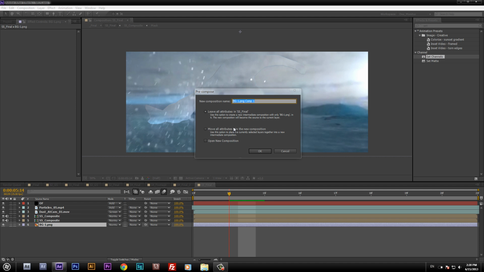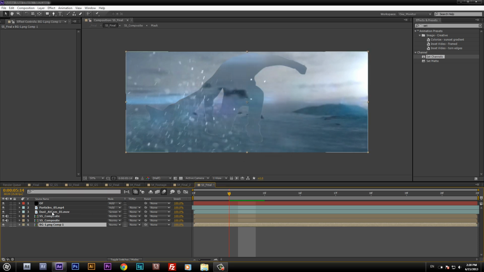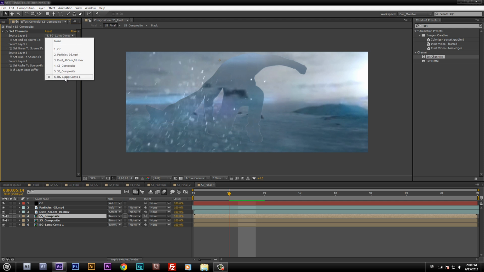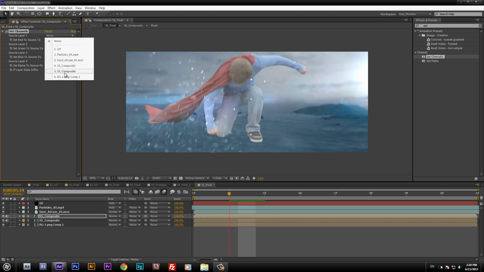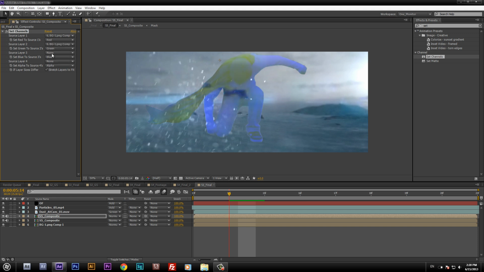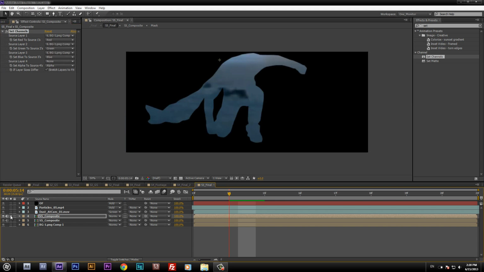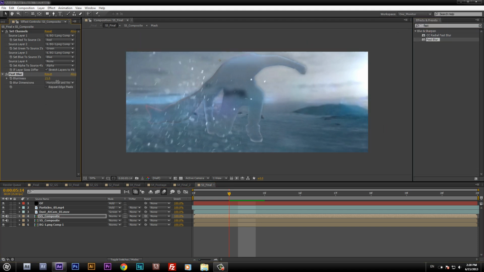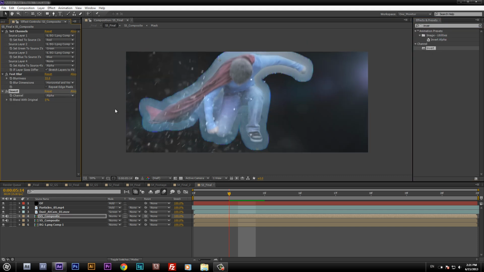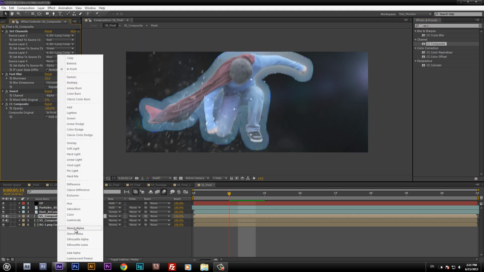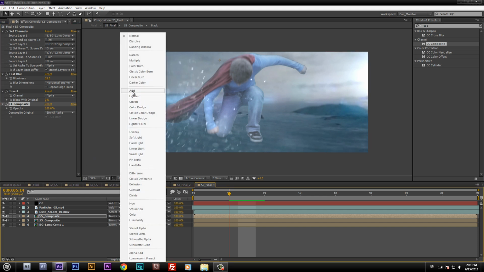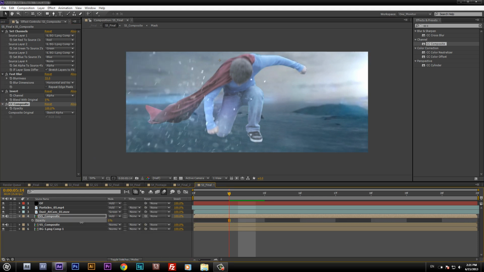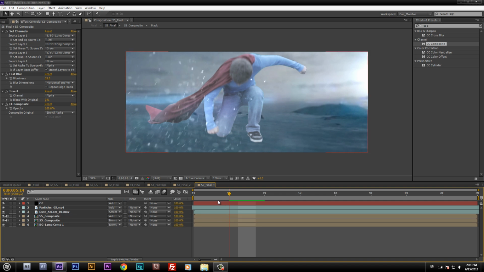But as you can see, we need to pre-compose the background and move all attributes to the another composition. I'll reset this and I'll add it again. Okay, I'll add a fast blur, invert the alpha, CC composite, put to add. Okay,